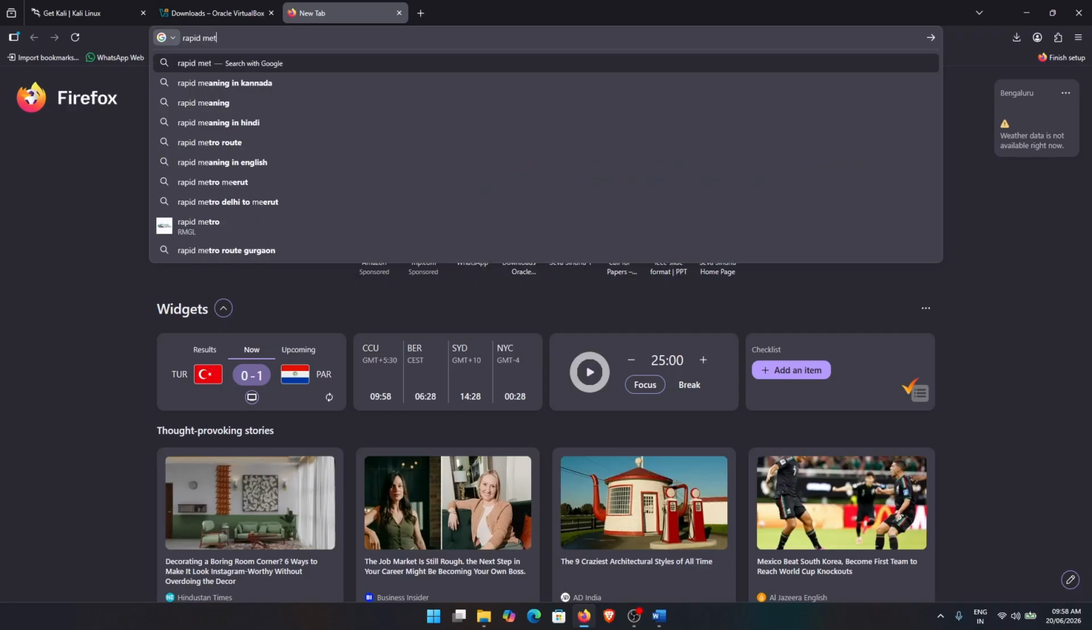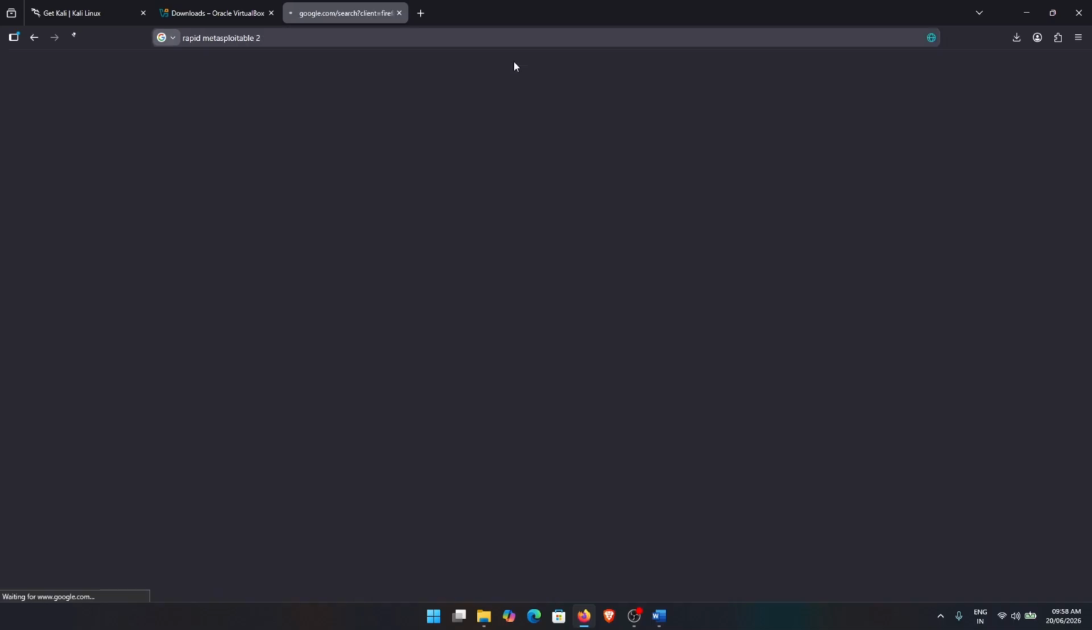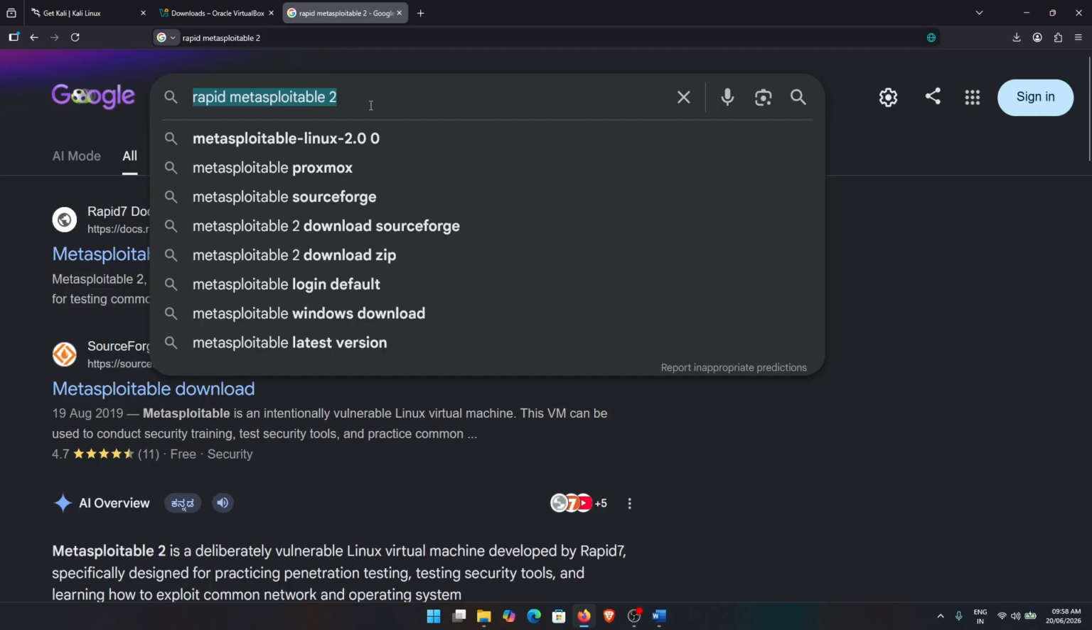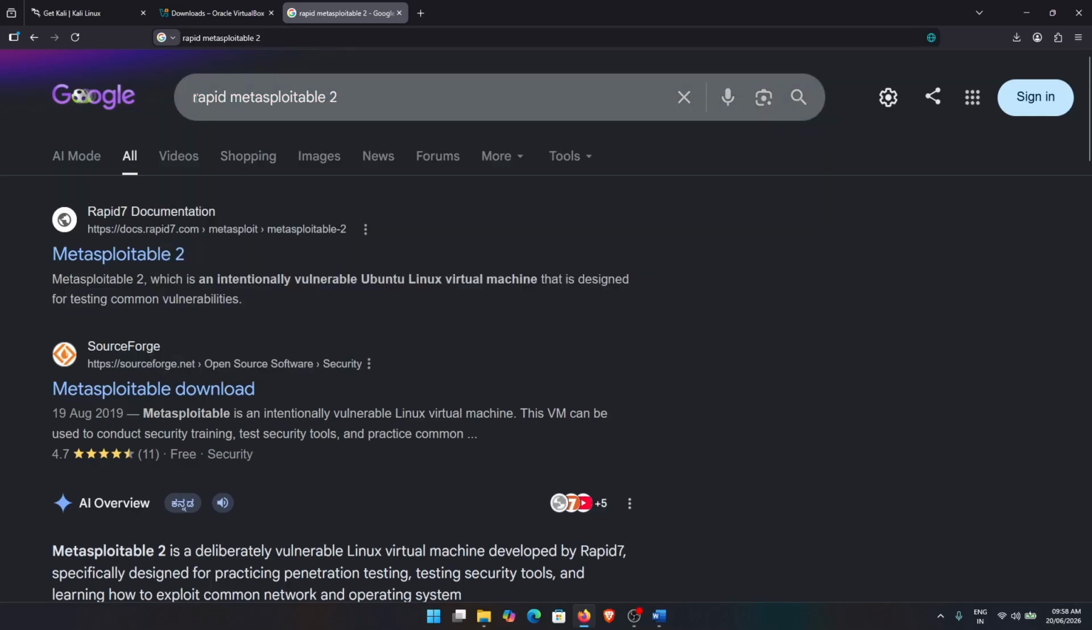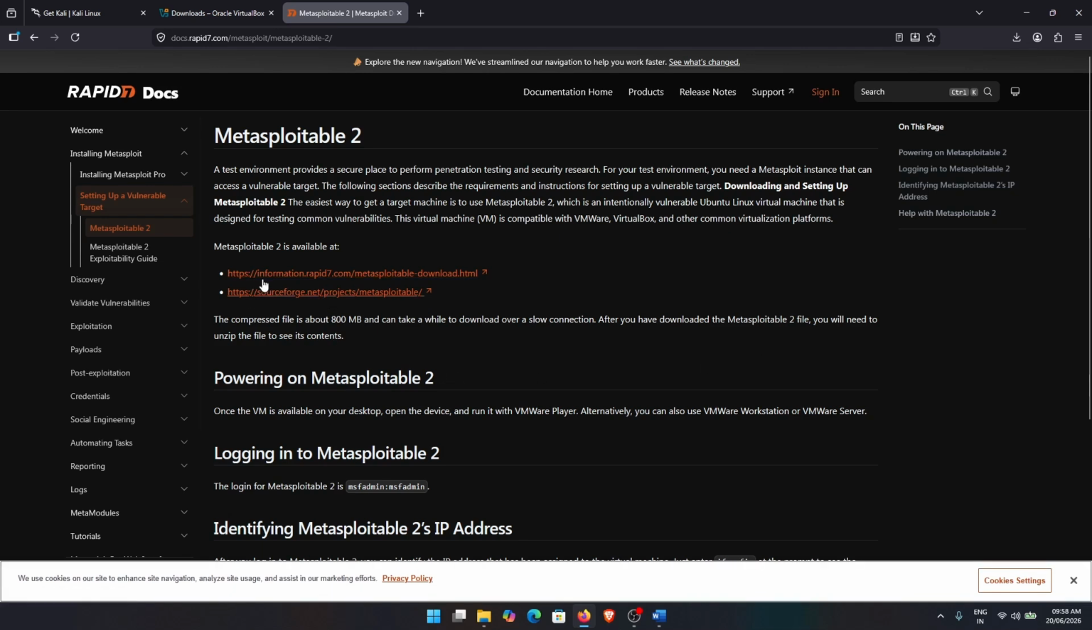from Rapid7, Metasploitable 2. So this is the search term you need to search: Rapid7 Metasploitable 2. Just click on the Rapid7 Metasploitable 2 result. Here you will get the links to download Metasploitable 2. This Metasploitable 2 is used in the fourth and fifth